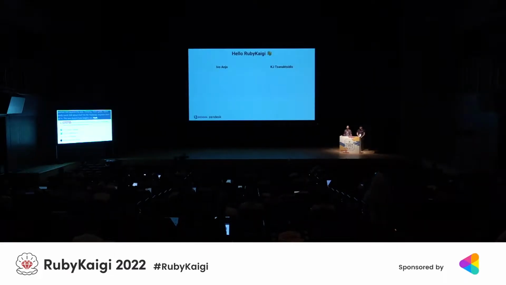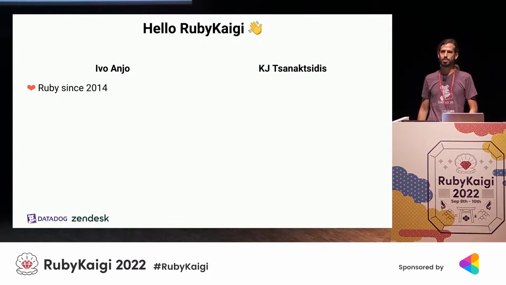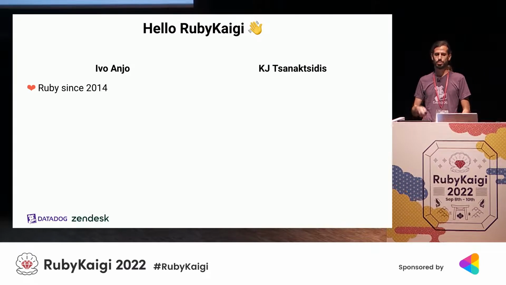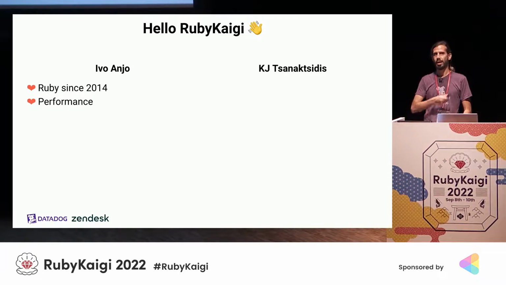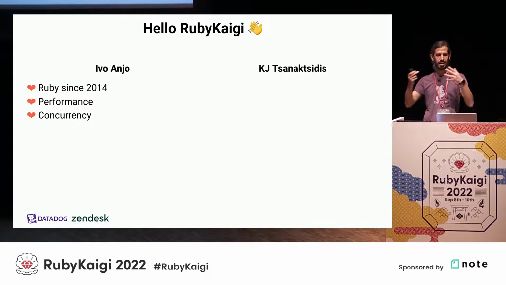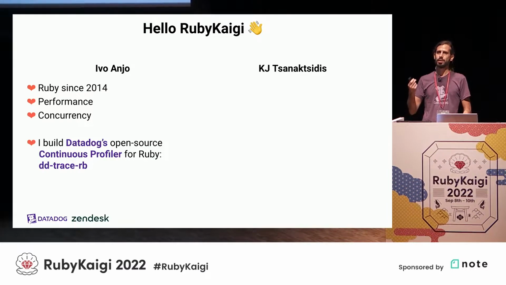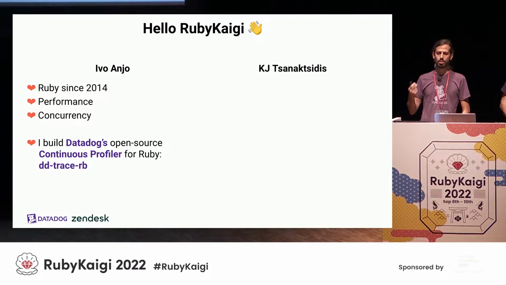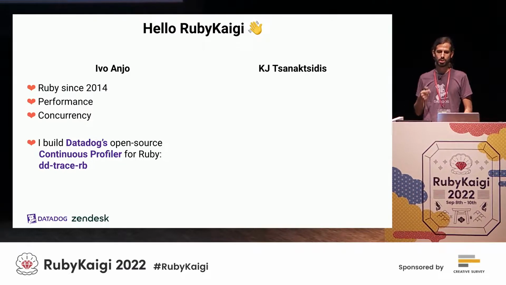So, who are we? My name is Ivo, and I've been doing stuff with Ruby since about 2014. I always describe myself as a bit of a weird Rubyist because I've been doing a lot of work around performance and performance tooling, as well as a PhD with a lot of work on shared memory concurrency and whatnot. So I have an interesting background, I think. And that's how I ended up at Datadog, building Datadog's continuous profiler for Ruby, which is shipped as part of